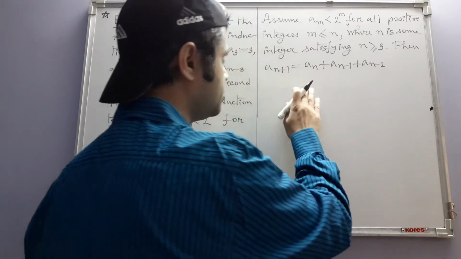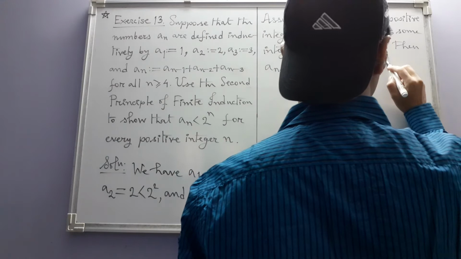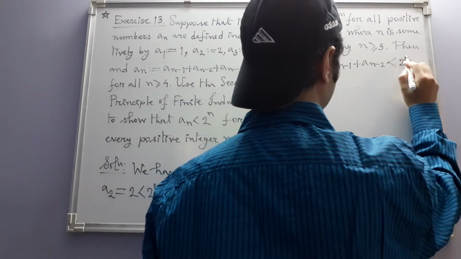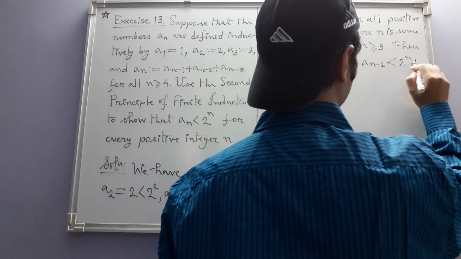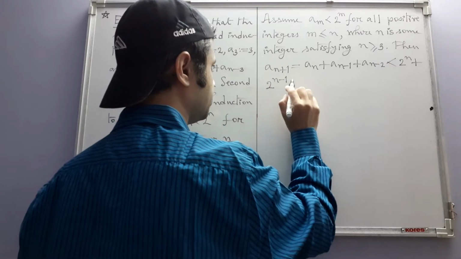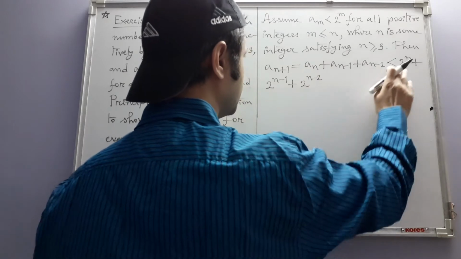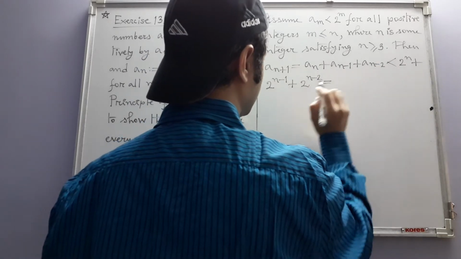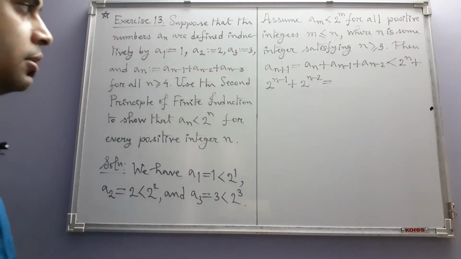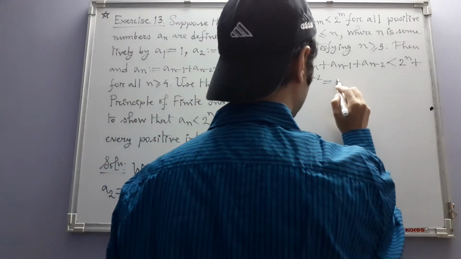And now using our induction hypothesis, the first term of this sum is strictly less than 2 to the power n. The second term is less than 2 to the power n minus 1, and the third term is less than 2 to the power n minus 2. Now this sum becomes equal to, if we take 2 to the power n minus 2 common out, keep in mind that n minus 2 is a positive integer, then